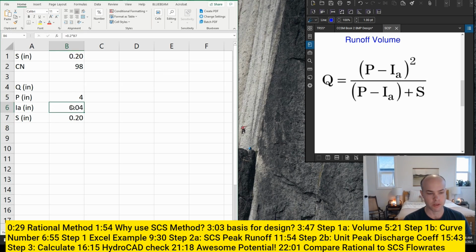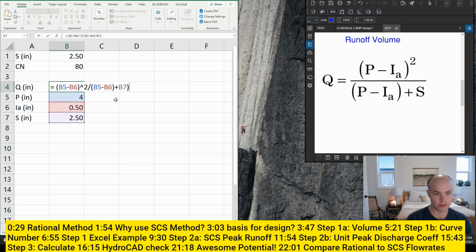Now we know our initial abstraction. We know our storage. This was 80. These values change. And then Q is going to be equal to precipitation minus initial abstraction squared, divided by precipitation minus initial abstraction plus storage. So I need to add another X. And